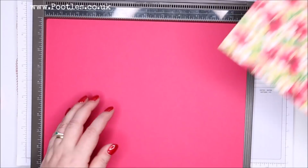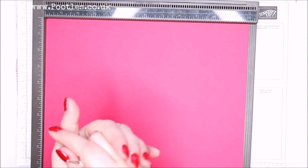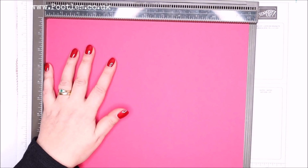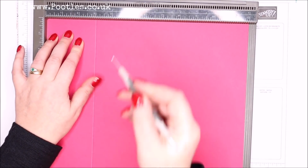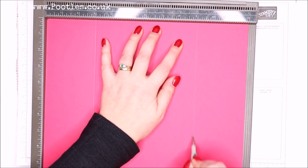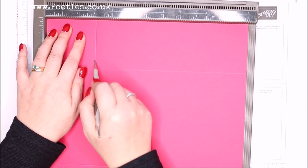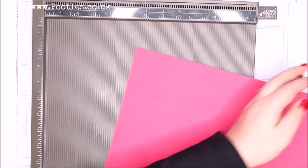Both pieces are 12 by 12 inches. If you're working in metric, trim them down to 30 by 30 centimetres. You need to just take that half centimetre off first. But then you just simply score it at 3 inches on all four sides, or 3 and 9. And so you're scoring at 7.5 centimetres on all four sides. And that's on both pieces. This one,